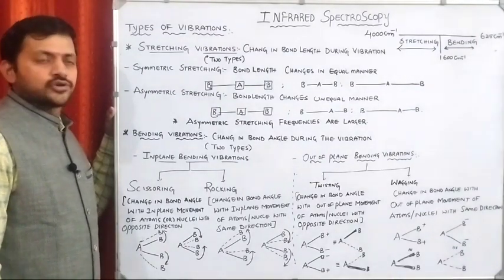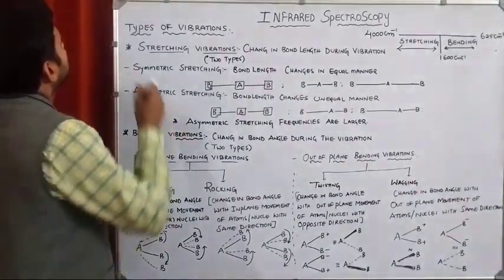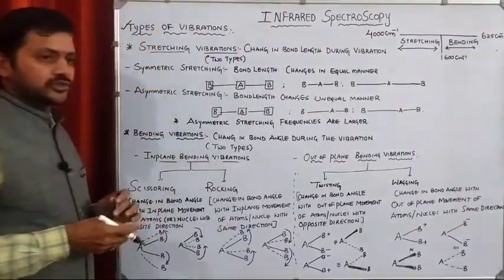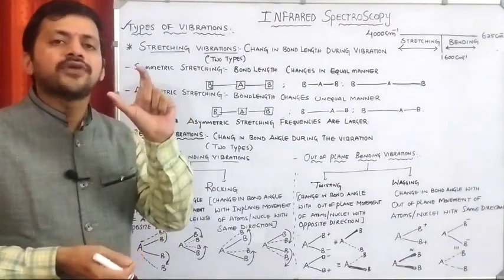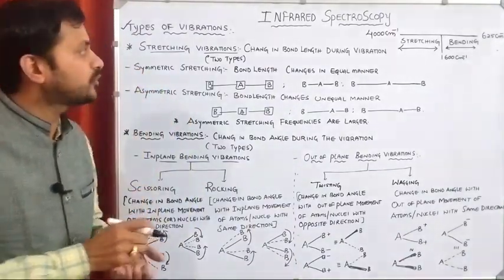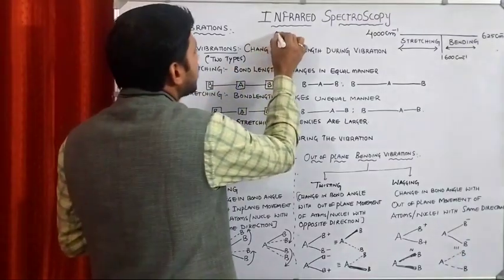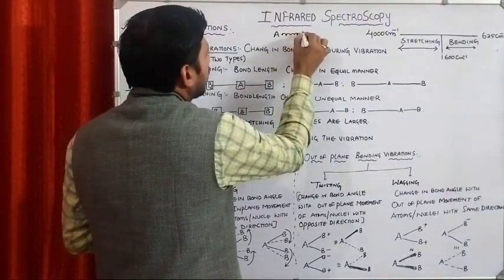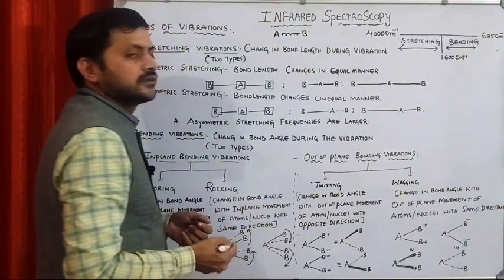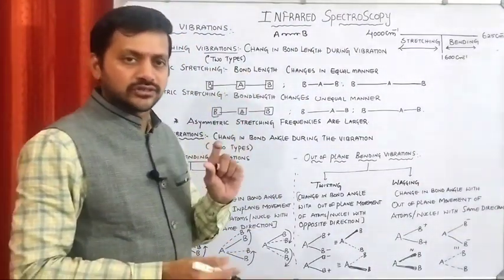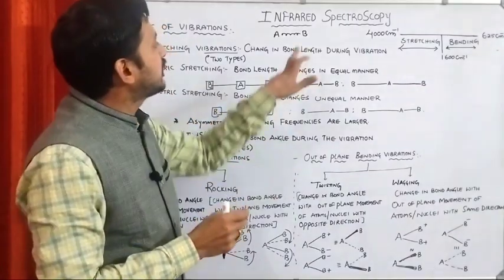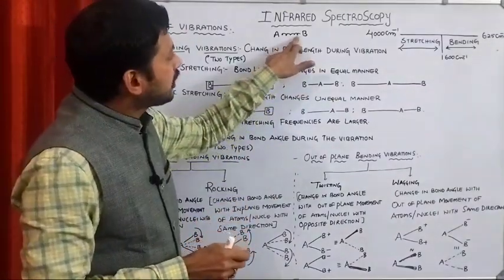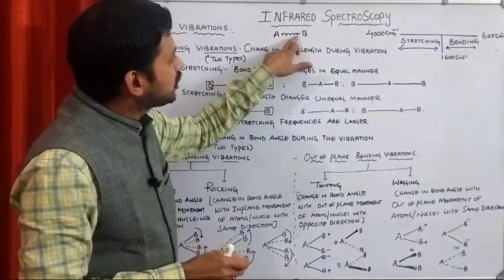Let's discuss the next topic, that is types of vibrations. In the first video we had a discussion on vibration. Vibration means what? The periodic displacement of atoms from their equilibrium positions. What we are observing are compressions and expansions in the molecule, because the bond between two atoms or two nuclei in